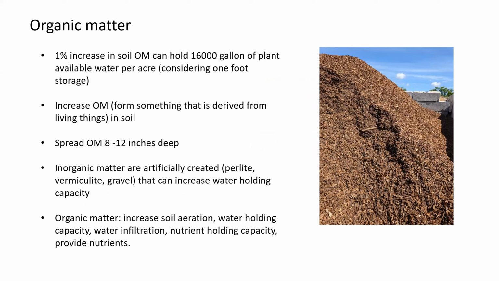Organic matter, this is very important. The soil should consist of around 4 to 5% organic matter. And you can see a 1% increase in soil organic matter can hold 16,000 gallons of plant available water per acre. So that's really important. And when we do a soil test,